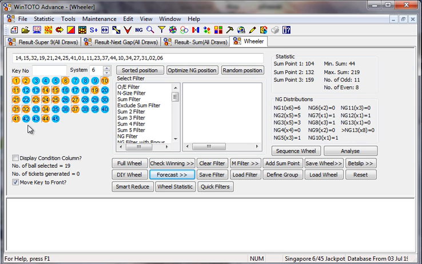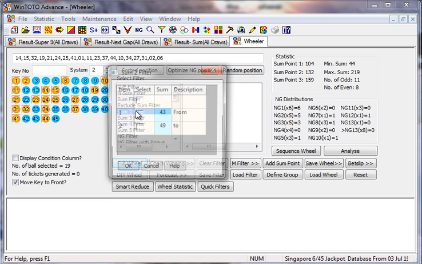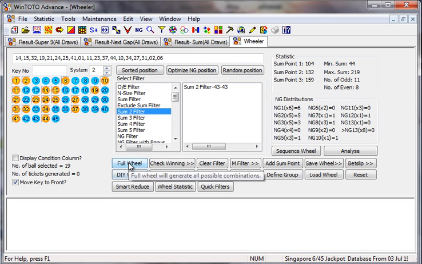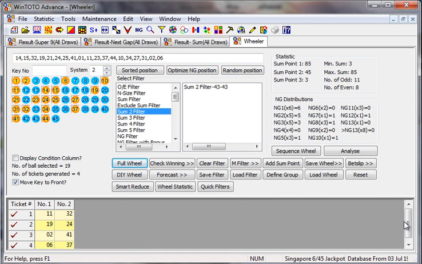Before we add on, you may want to find the key numbers. One way is, from System 6D, you can go down to System 2D, then go to the sum 2 filter. Just now we noticed that 43 is good, so we go to 43, click all, and click on the full view. Altogether there are only 4 sets: 11 and 32, 19 and 24, 2 and 41, and 6 and 37. These are the two numbers picked from the reverse scan.